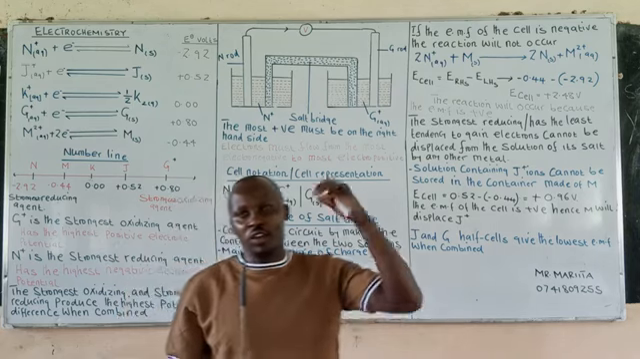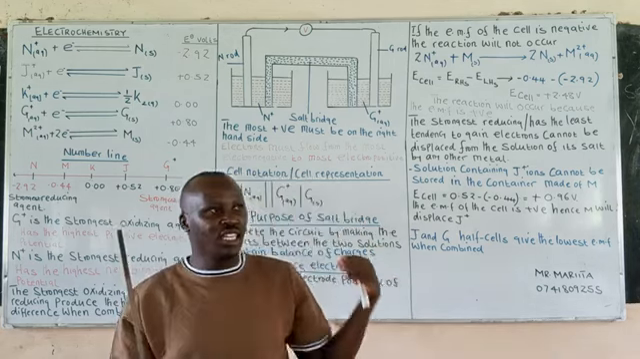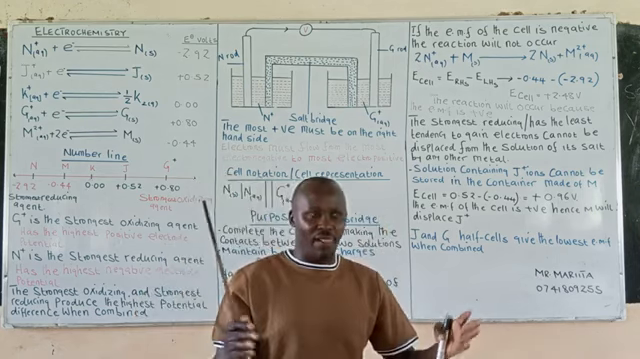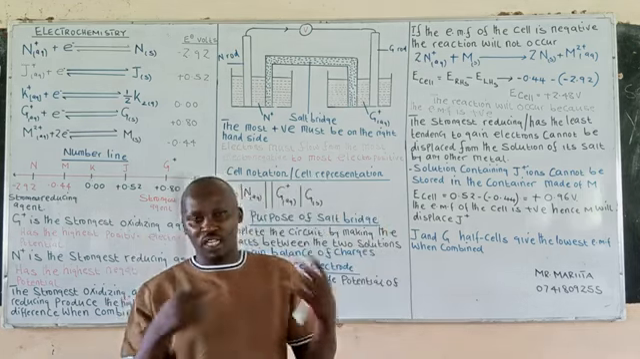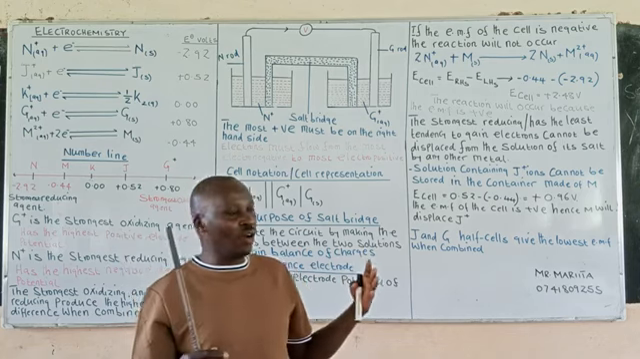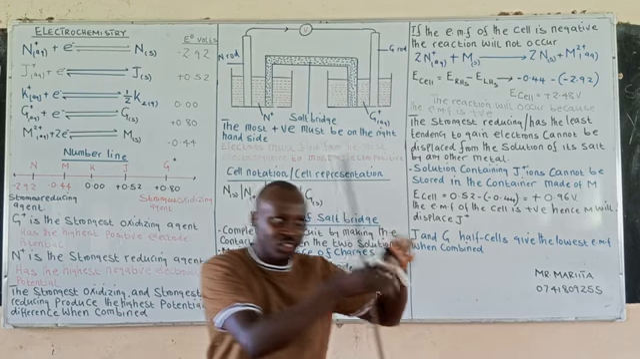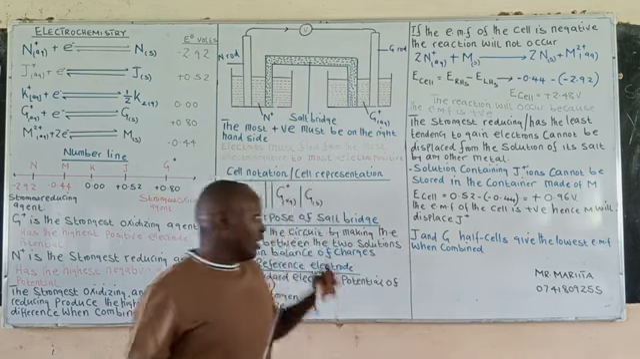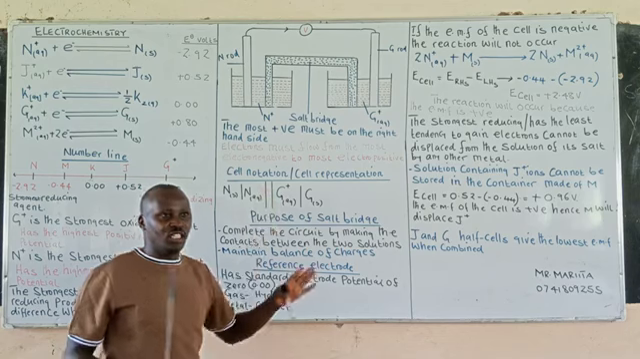So if the overall EMF of the cell is negative, it means the reaction will not occur. If the EMF of the cell is positive, it means the reaction will occur. That means now a certain solution will not be stored in a certain container. Those are some of the things that you should be able to understand when you are dealing with these questions